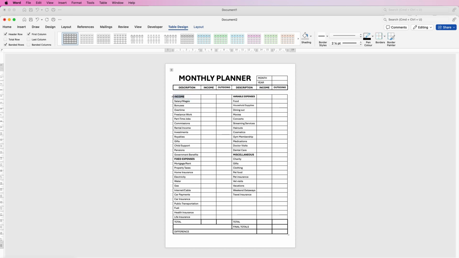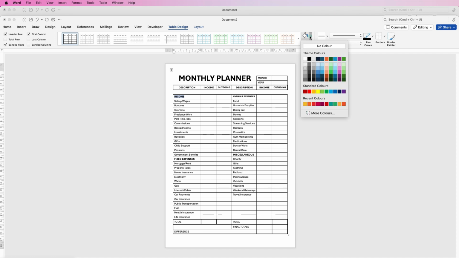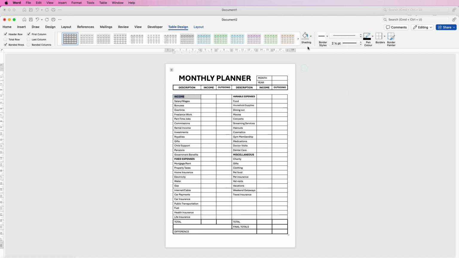In here, I'm just going to change the shading. So select the cell, click on shading, select your color. Once it's selected, you can see it's highlighted here. So the next time I do it, click in this cell, just click and it will change the cell to the desired color. So if you want to enter in your totals here, let's for example just go down and